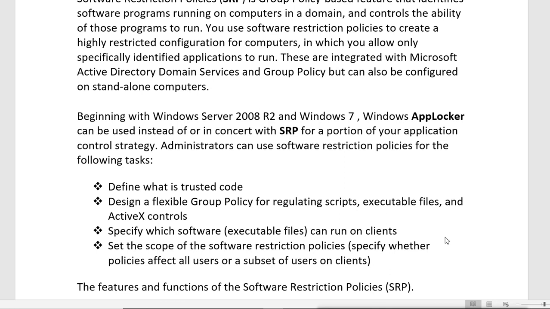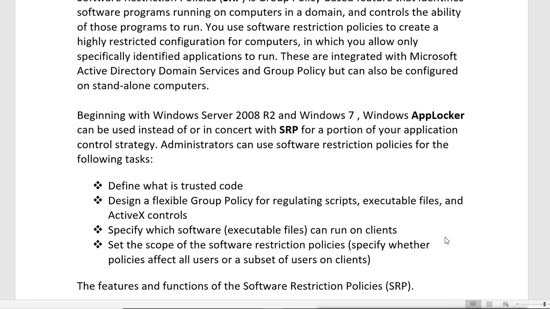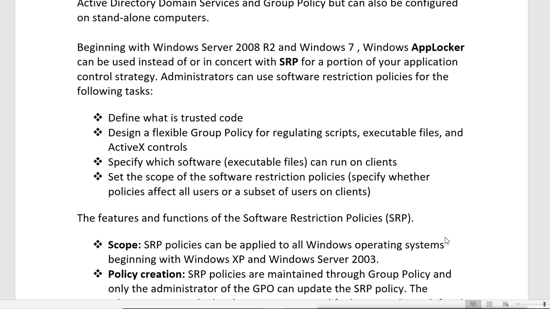Specify which software, that means executable files, can run on clients. We can set the scope of the software restriction policies, that is, specify whether policies affect all users or a subset of users on clients. So we can define it will apply on all the users or specific users from the client.